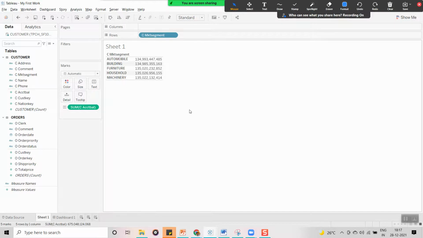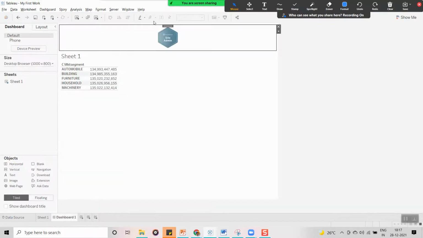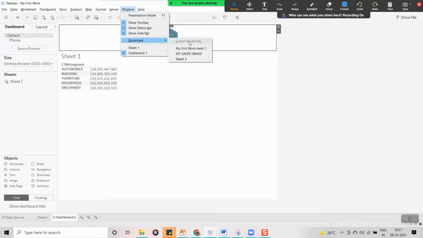Even if I am in a dashboard and go to Window, Bookmark, you can see the create bookmark option is disabled, because a dashboard is a collection of worksheets.